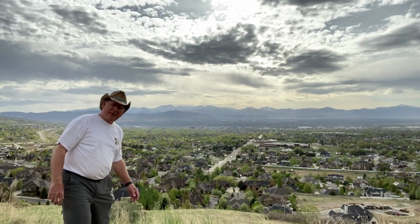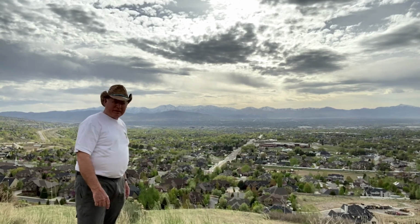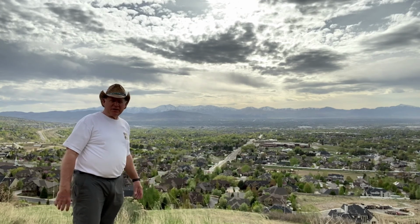Hey, this is the trail I walk. My house is down there. Probably too small to point it out in the video, but I'm in the process of moving, but I found